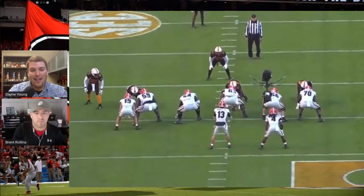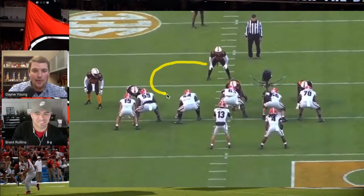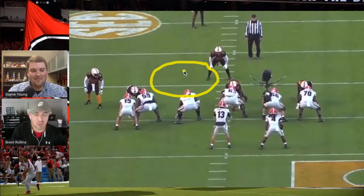From my naked eye, and you know football better than me, I can see what the issue is here for Tennessee. Look at this big old gap here, right in front of 54. Yes, Schaefer. When in doubt, run to where all the grass is. And what's beautiful about this from Georgia's perspective, again, count the box. You have 6 blockers for